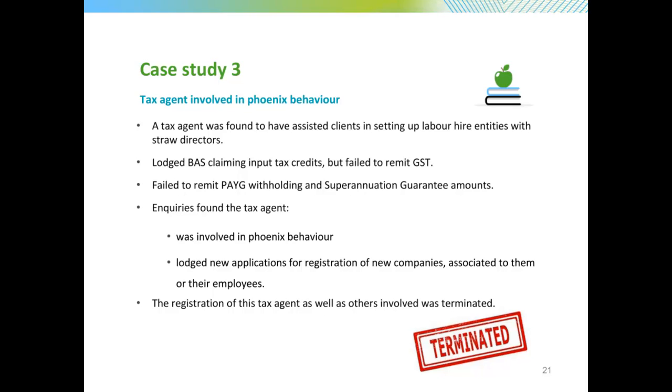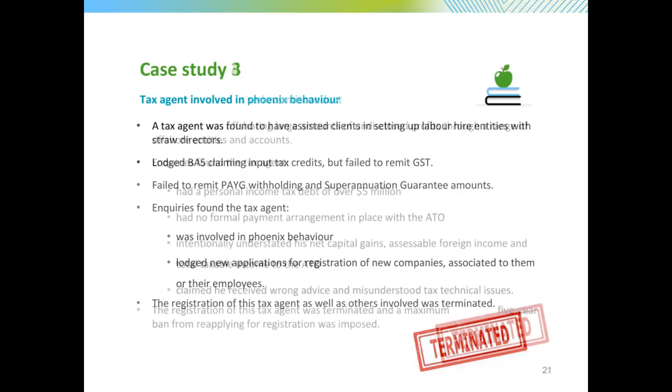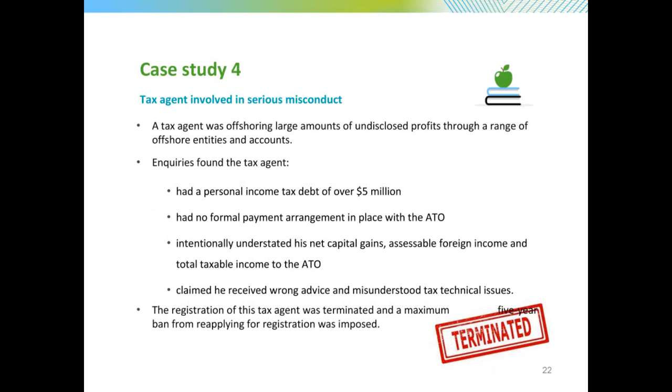It was only at the end of our investigation that the tax agent first made a claim in mitigation about the impact on his personal health. There was an attempt to surrender his registration with the board. However, that claim about poor health was not backed up by any evidence, and the board didn't accept the surrender because the investigation was well advanced, and the conduct committee decided to terminate the registration and impose the maximum 5-year